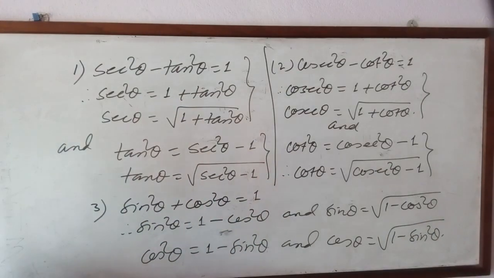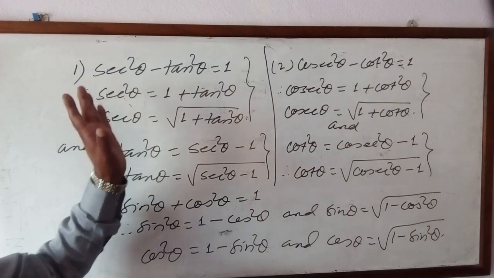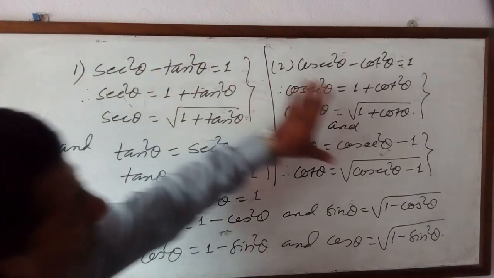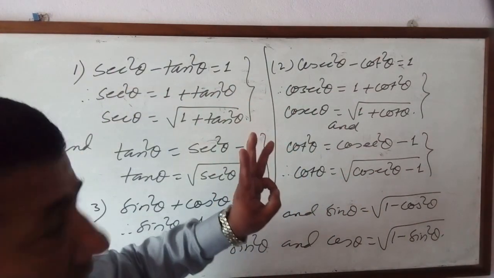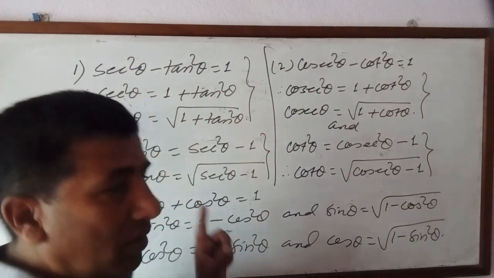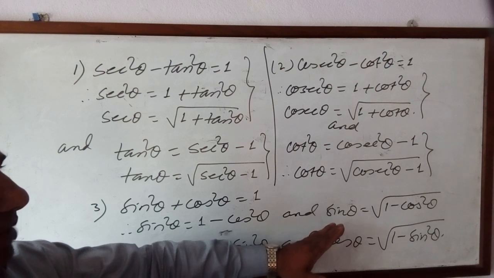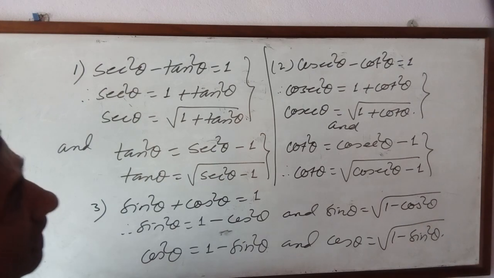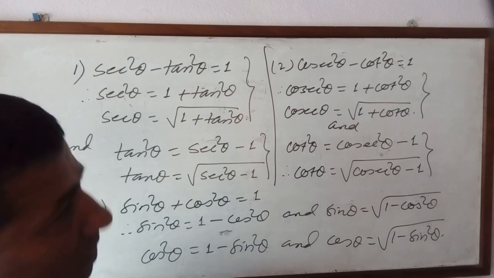Okay. Now, I derived all this. Do not say 15 formula. Actually, there are 3 main formula. From these 3 main formula, you should practice to find all the remaining 4 from each. Now these are the basic formula, and 2 more: tan theta equals sin theta by cos theta, and cot theta equals cos theta by sin theta.